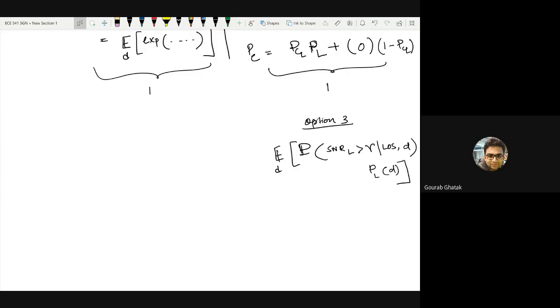Okay, what it means is that in that case, what you are interested in is, when you have requested the service, whether my signal is blocked or not, that's all you are interested in, right? In that case, at a distance of d, you will have some kind of SNR coverage probability given that you are in line of sight, right? And this is of course a function of d, and you have a probability of being in line of sight as a function of d, right? And you take an expected value over d like that.